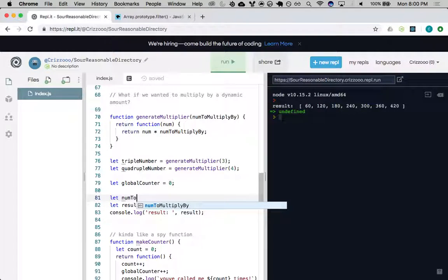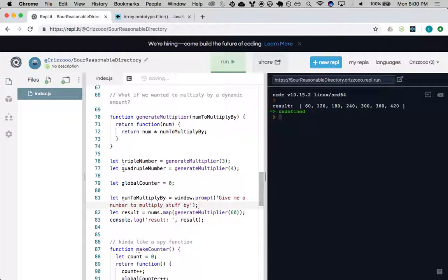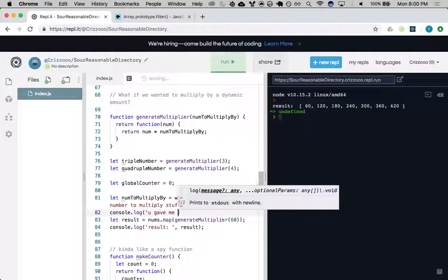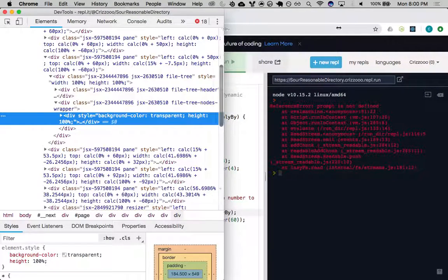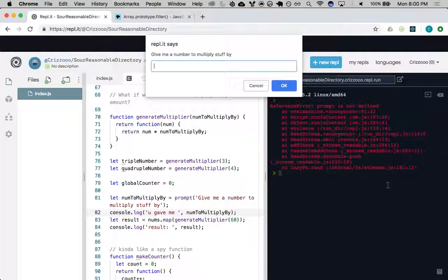So you don't have to know this function, but this function here, prompt, it's used on websites to put up a text box and take some input from a user. And now because REPL is actually running on their server, it didn't work. I had to put it in the Chrome console. But regardless, if this code was on a website, this is what would happen. And so I can give them a number,